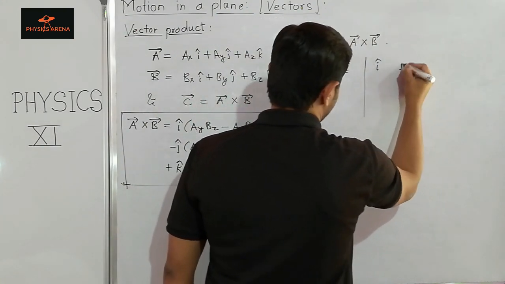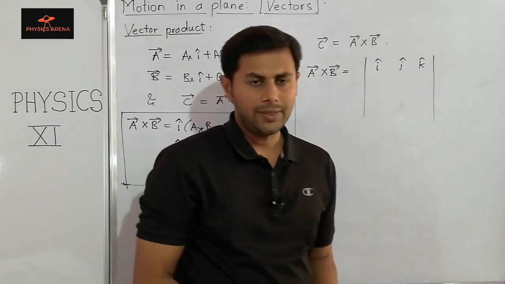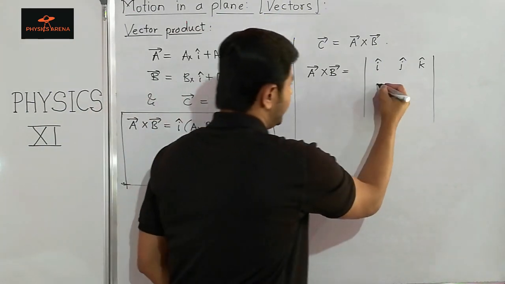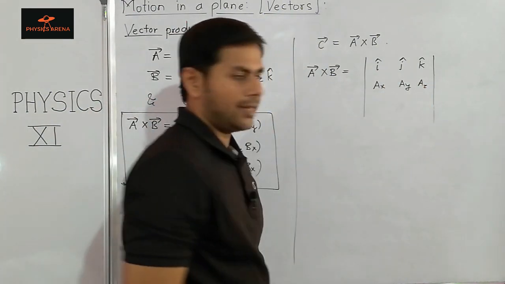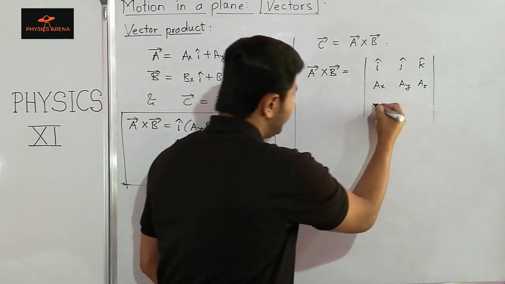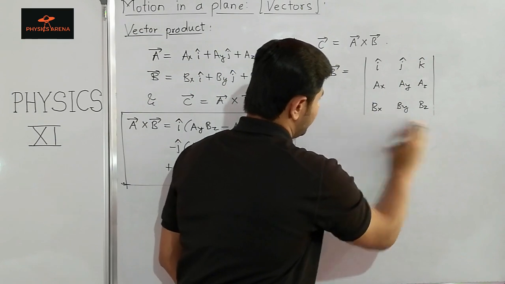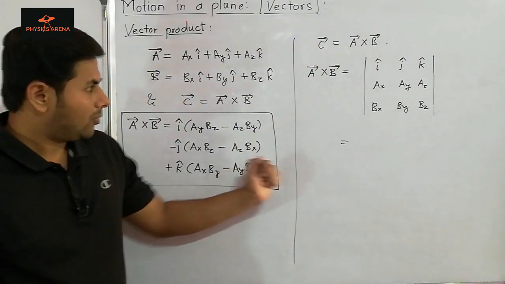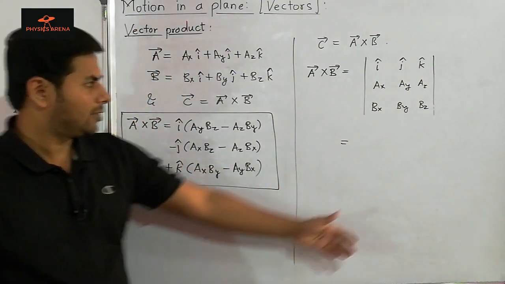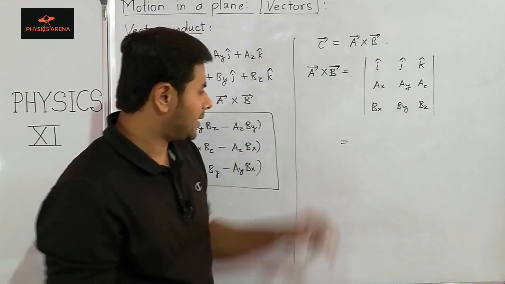First row we write I, J, K. Then in second row we write AX, AY, AZ. And in third row we write BX, BY, BZ. Okay, this is all we have to remember. Now, how to find this given this? So it's very simple. Let's take I cap,